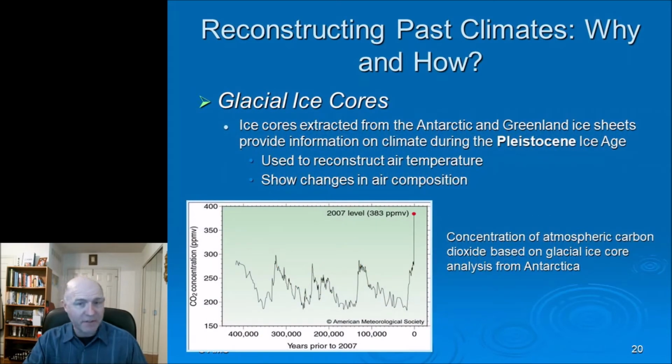Glaciers, ice is the other thing. And this is one, I'll tell you, I'm a little more personally interested in. These are the ice cores from Antarctica and Greenland ice sheets that take us back through the Pleistocene ice age. Effectively, and we'll talk about how glaciers form in a minute, but you go to a glacier and you just drill down, and then you pull up a massive ice core,